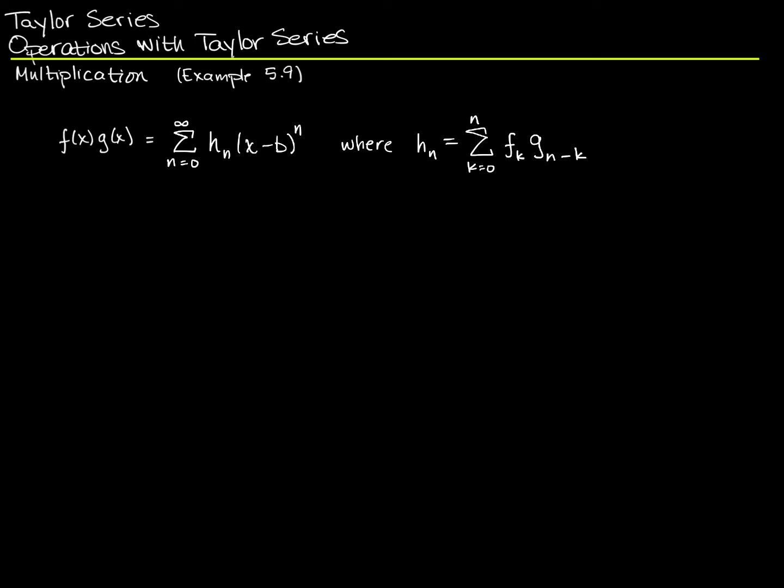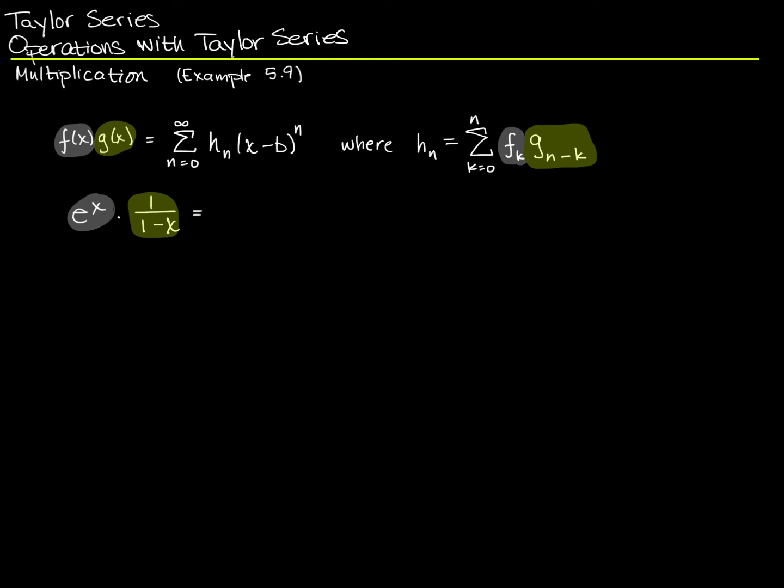And if we use this to build the Taylor series for e to the x times 1 over 1 minus x, we'll recognize that, first of all, e to the x is my f of x, and I have f here in my formula, and g of x is my function 1 over 1 minus x, and that's this g of x here. All right, now let's find,